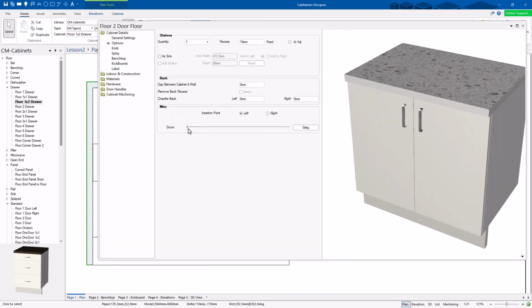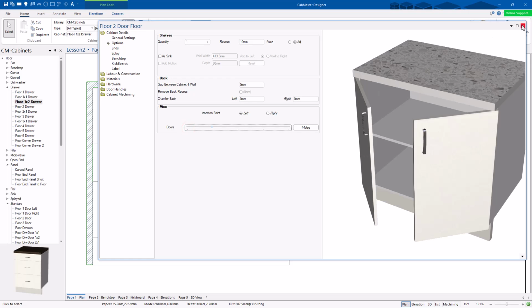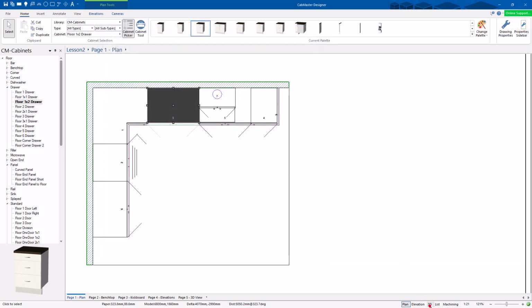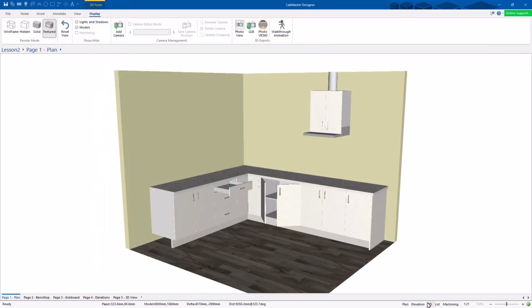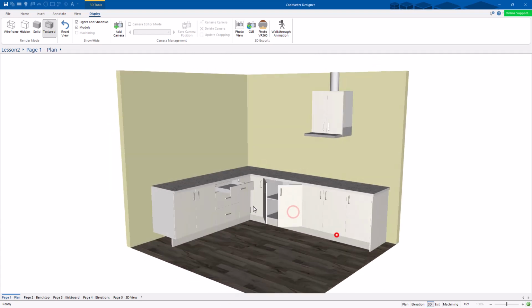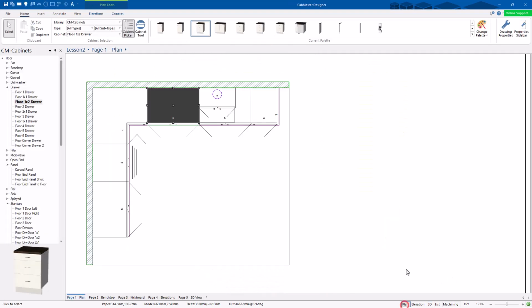You open a cabinet as well. I can click on this cabinet and open the doors. You can put models inside cabinets. Again, that's going to come in another video. So you can open the doors. The other thing you can do in here